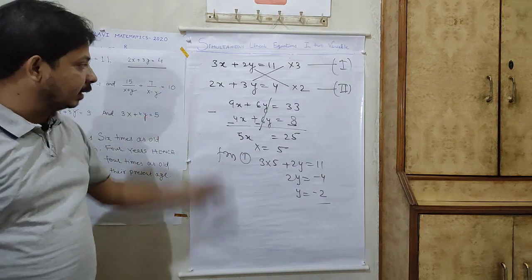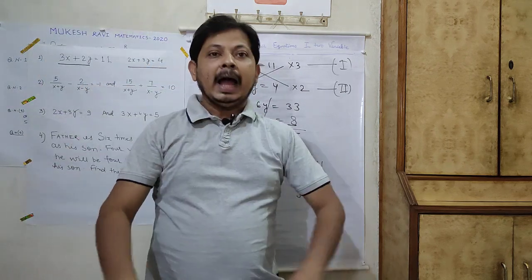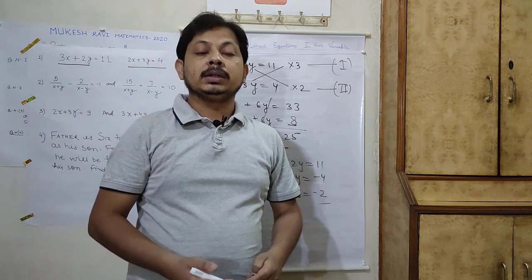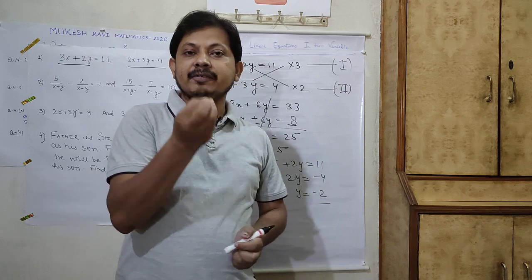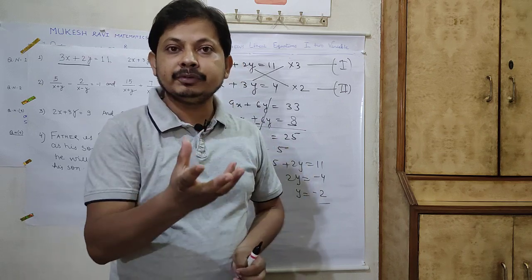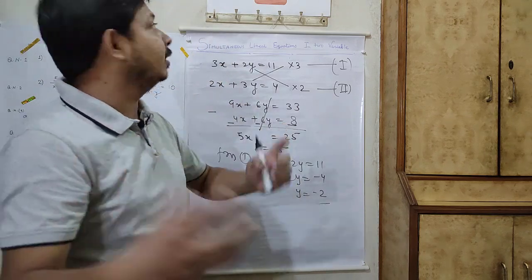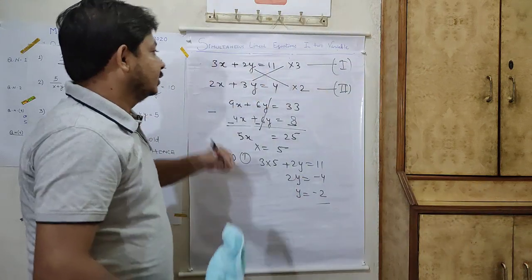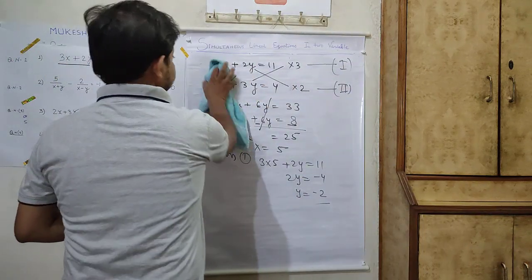A very simple method. Interchange the coefficient with the y, hate y, and then you will have a value and then put from equation 1. So this is the habit. Develop this habit in each and every question so you will have no confusion what to do. This you will get in Mukesh Ravi Mathematics 2020. In this situation, this will help you. Now coming back with the next question.